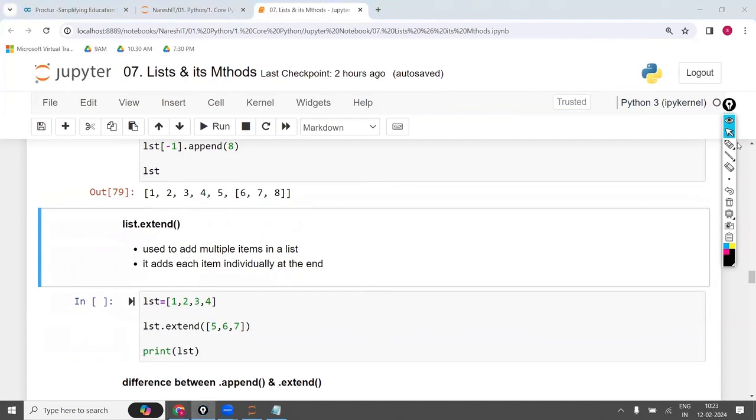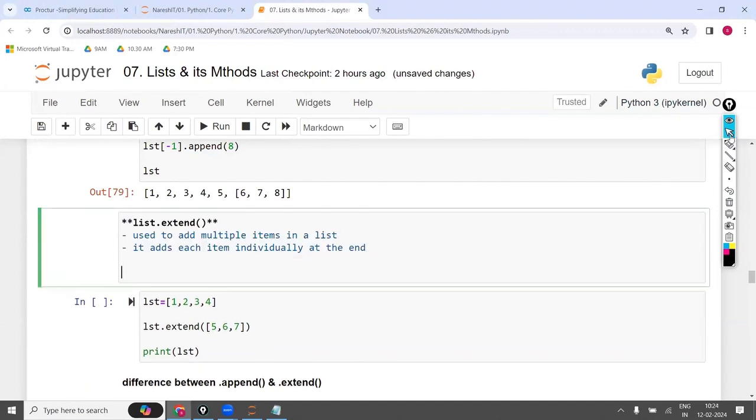Whatever the items you want to add, you have to take them into a list and then apply extend on that.